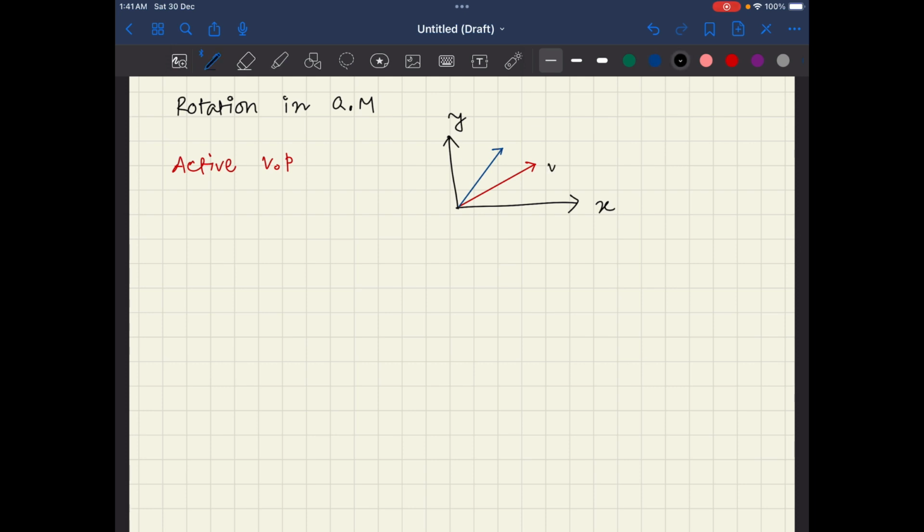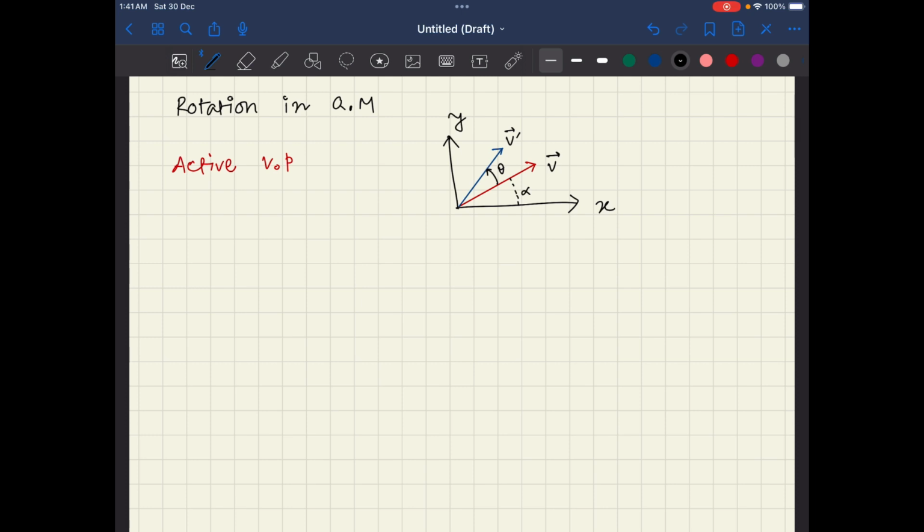So this is v, this is v prime, v vector, v prime vector, and it rotates by an angle theta, and suppose this angle is alpha. Okay, so this is the active point of view in which the vector itself rotates and the coordinate axis is